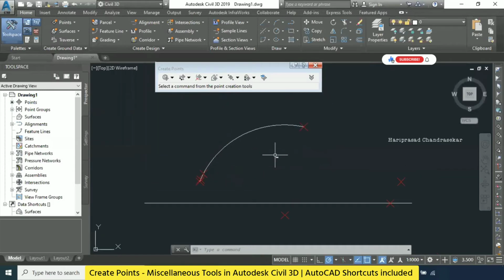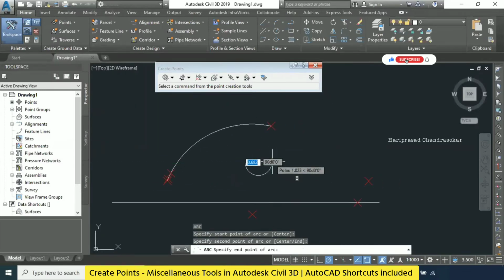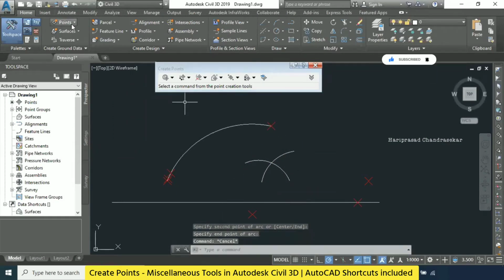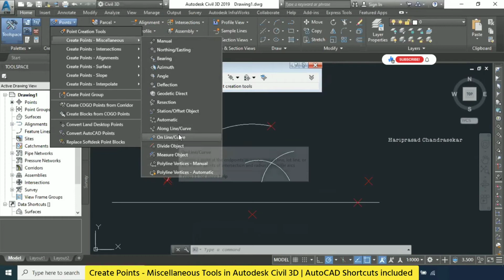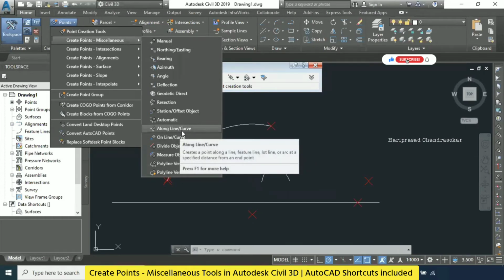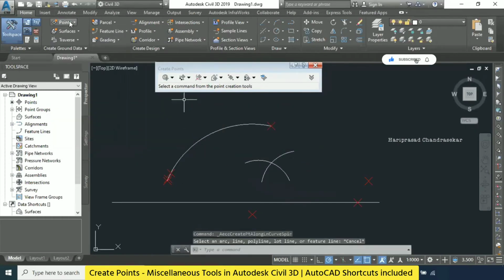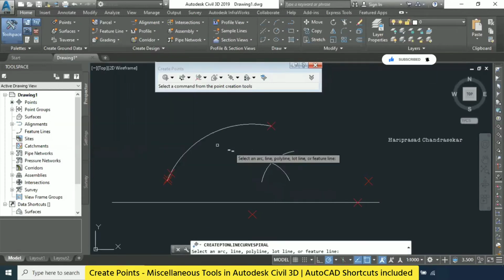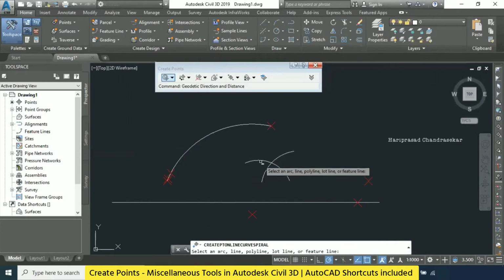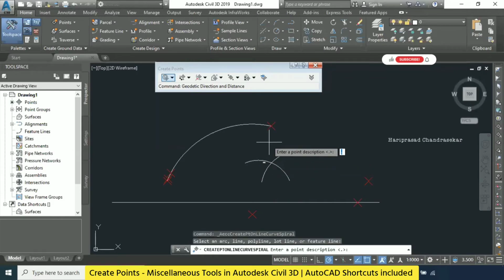For example, I will have 2 arcs, like this. So along line or curve, this we have seen. On line or curve, we need to see. Select an arc, it is asking, and then enter the point description, P1, point elevation, okay.